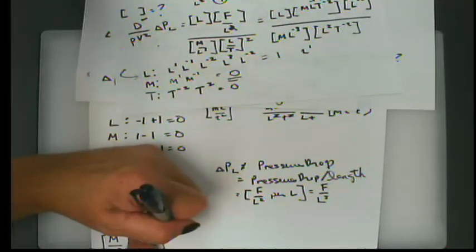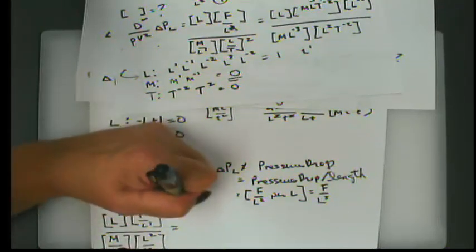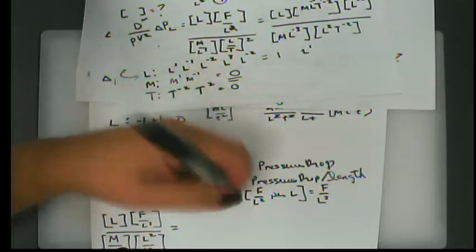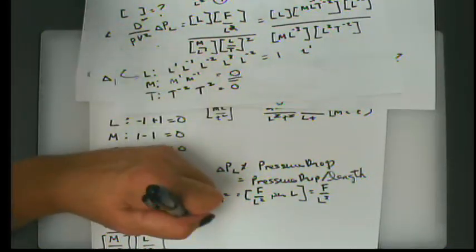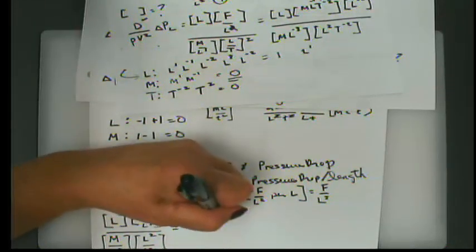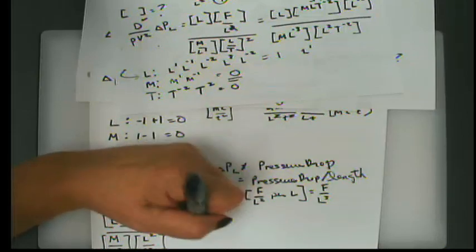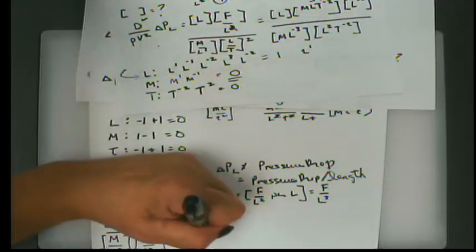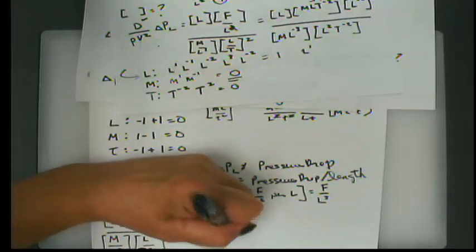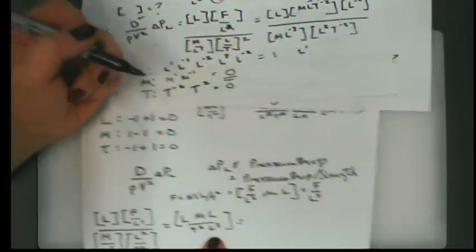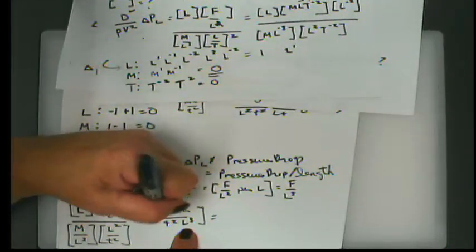So now let's see what happens. We need to change force into, using second law, mass times acceleration, mass length per time squared. So on the top we get length, mass, length per time squared length to the third,